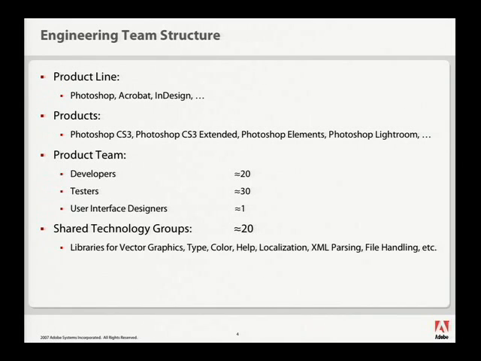So internally, we're structured loosely like this. It varies from business unit to business unit, but we have product lines. So Photoshop is not just a product, it's a product line. There's Photoshop Elements, Photoshop Extended Edition. And we have product teams where we typically have 20 developers working on a product team, about 30 testers, which surprises most people, more QE than engineering. Typically 1 or 2 UI designers working with the team. And then we have about 20 shared technology groups, which all have similar structure to the product teams, dealing with libraries for vector graphics, typography, color, help, localization,